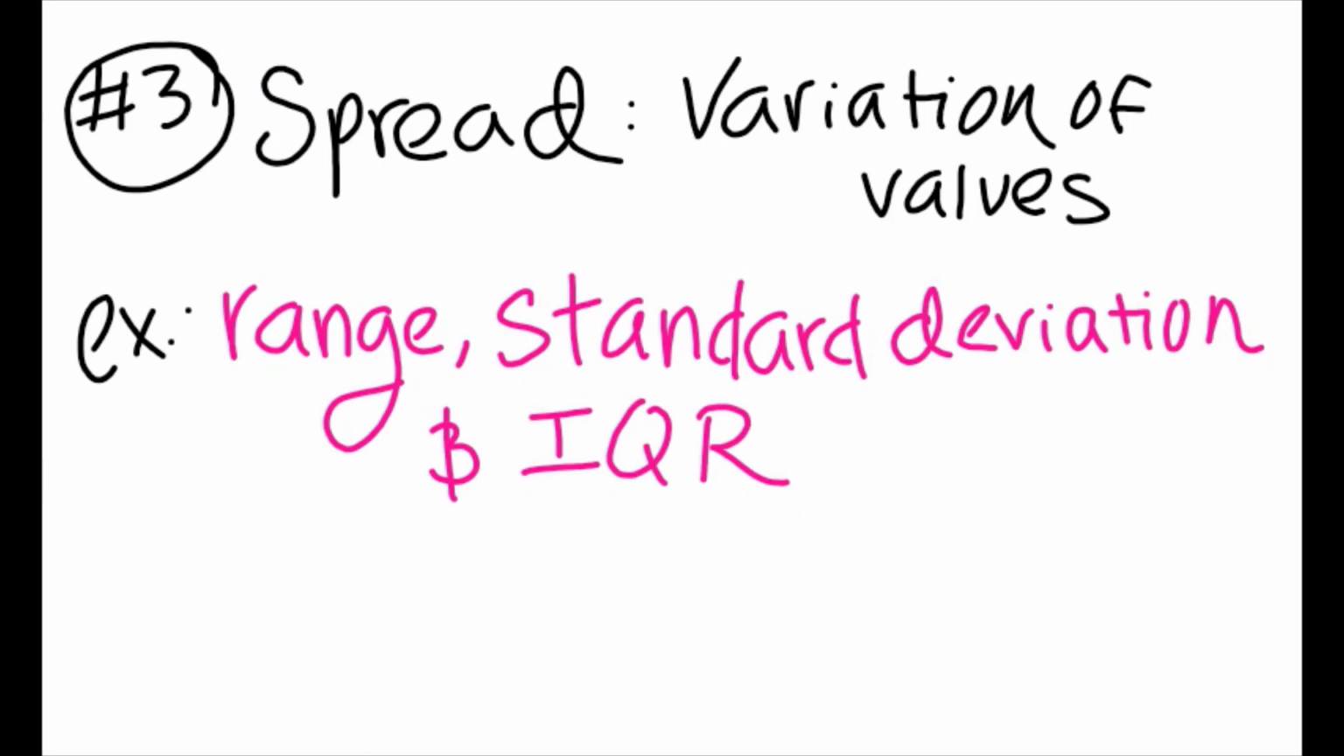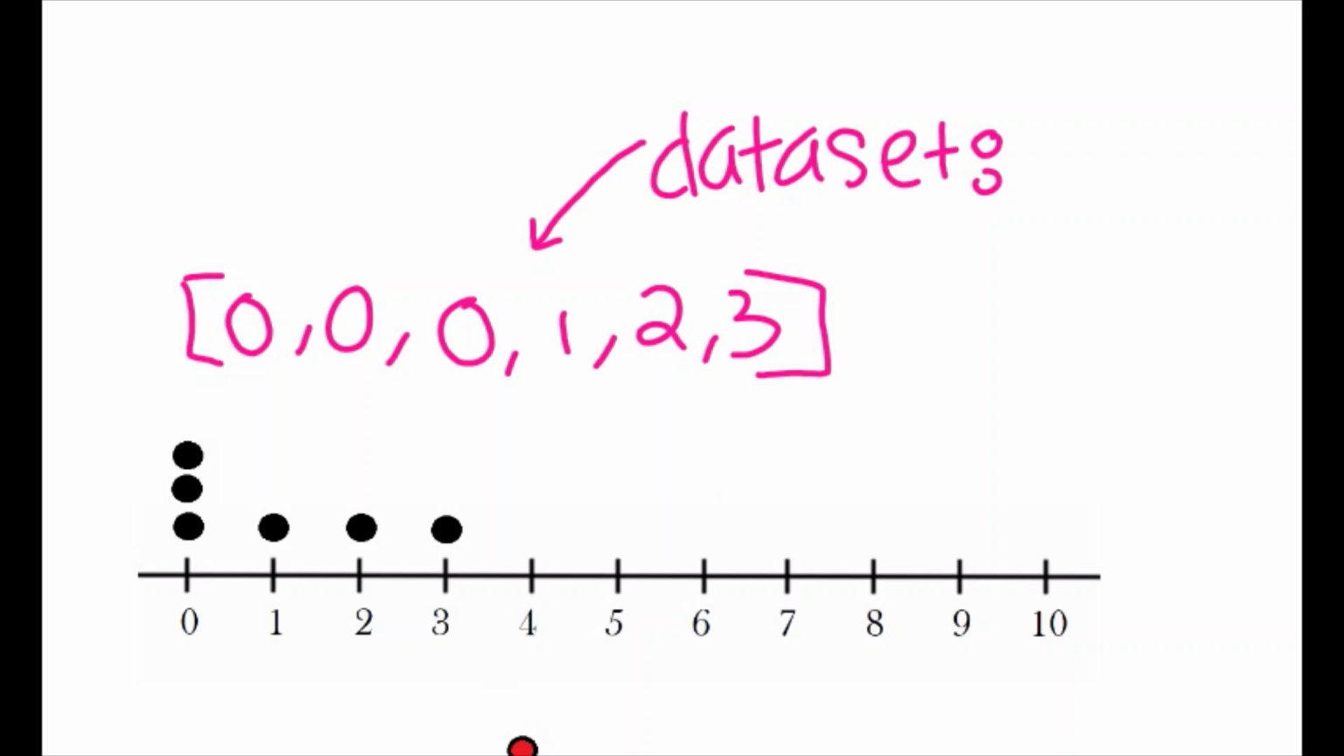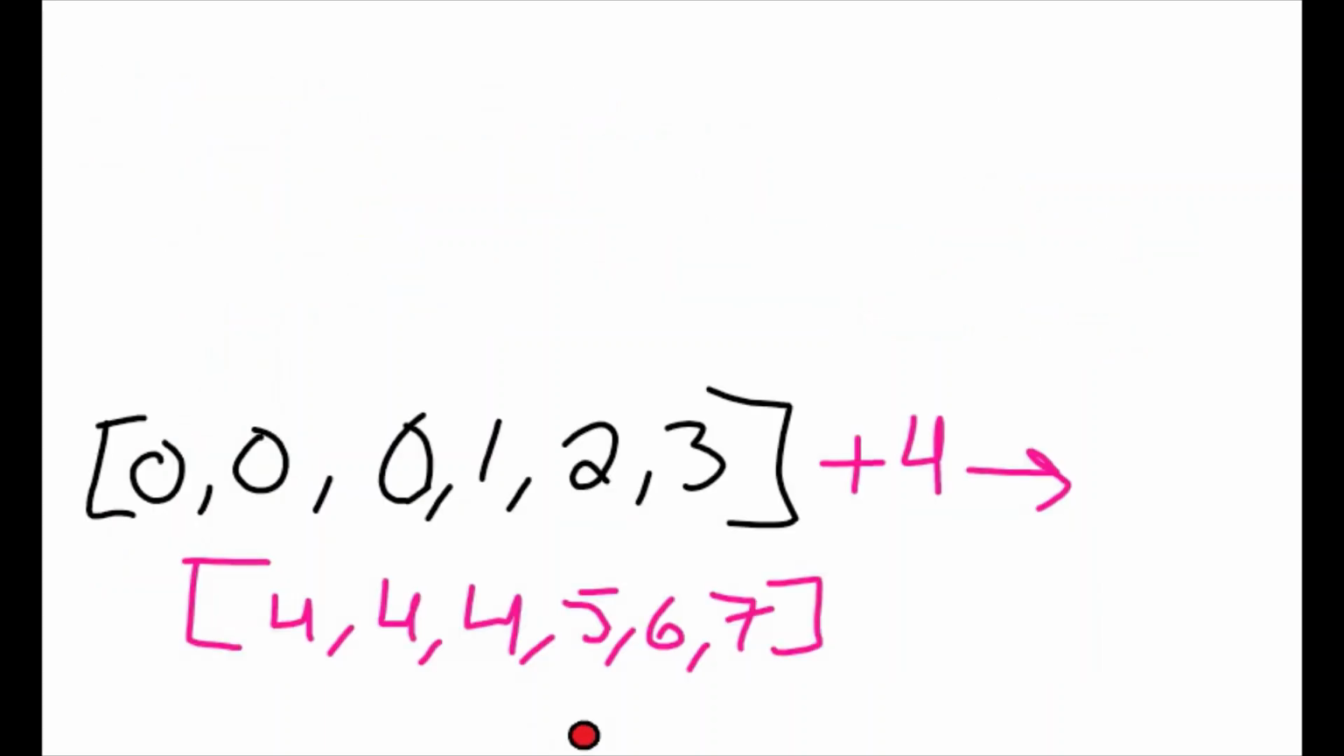Let's say we have a dataset with the following values: 0, 0, 0, 1, 2, 3. If we were to graph this on a dot plot, our graph would look like this, with a distribution that is skewed to the right, a mean of 1, a median of 0.5, and a standard deviation of 1.26 with an IQR of 2. Now let's change the values in our dataset, adding 4 to all our data points